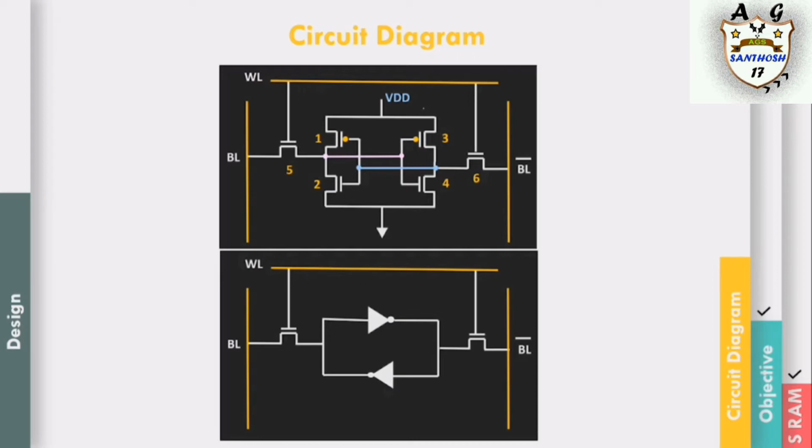To write new data into the memory, the word line is activated. Depending on the current value stored inside the SRAM cell, there might be a short circuit condition and then the value inside the SRAM is literally overwritten. In this circuit, it is not necessary to have two bit lines. Both the signal and its inverse are typically provided in order to improve the noise margins. Now let's see the design of 6T SRAM.